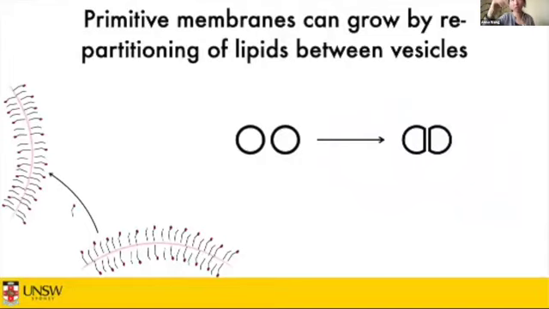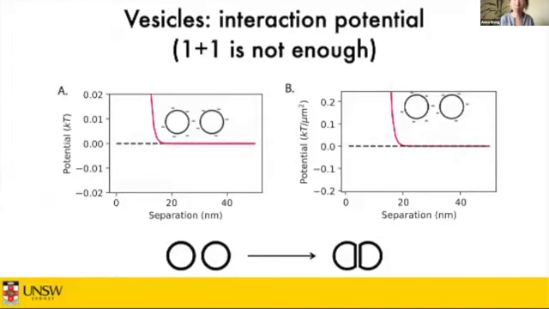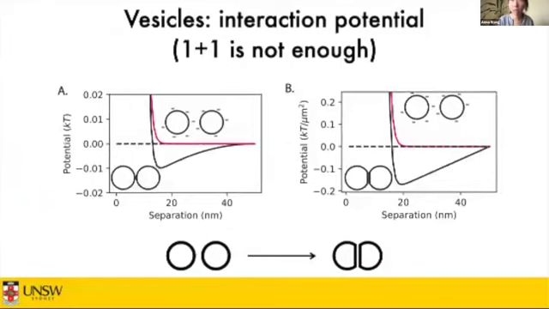As it stretches, it'll incorporate more lipids and it can actually flatten out. So if for some reason there's some weak attraction between two vesicles, they can start flattening out against each other. What I then calculated was the interaction between two vesicles that are flattening out against each other. In the beginning, you just get repulsion if you don't consider depletion. If you do consider depletion, then you see this attractive potential well, which means that as the vesicles flatten out more,